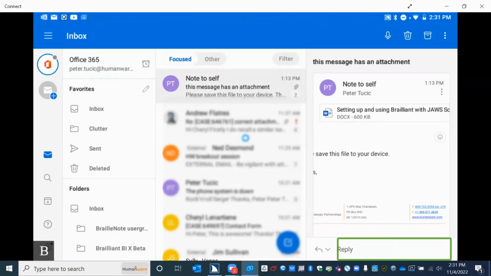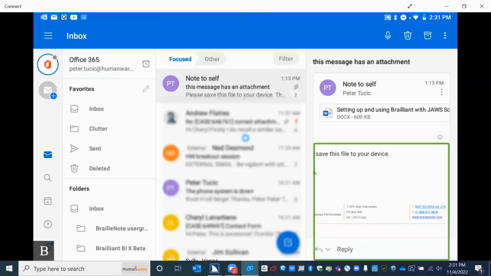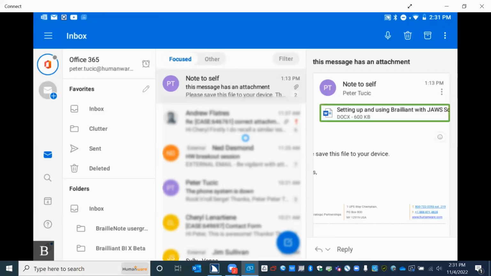So if I press 5, 6 with enter, nothing happens. But if I press 2, 3 with enter, reading pane. I'm back in the web reading pane. And now if I use my previous thumb key or I press 2, 3 with enter again, I'll go out of and above the web view. Apply a reaction to this message button. So again, the very first thing above the web view, we have apply a reaction. This is if you wanted to send a thumbs up or something to the person who sent this to you. But if I go up with my previous thumb key and come up one more time,